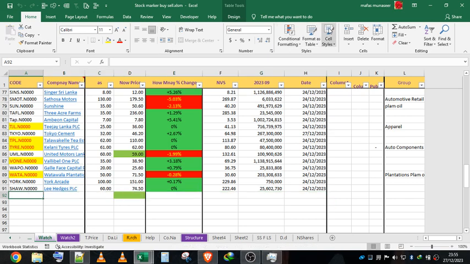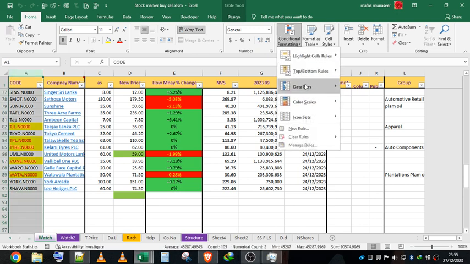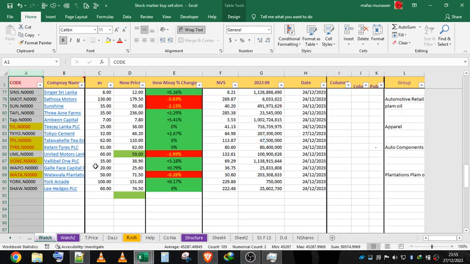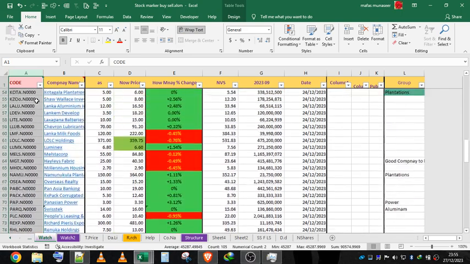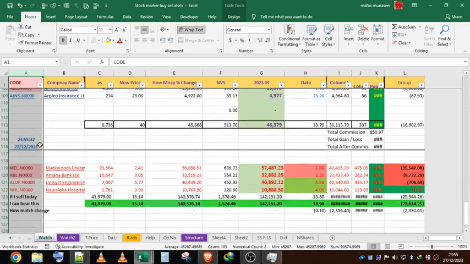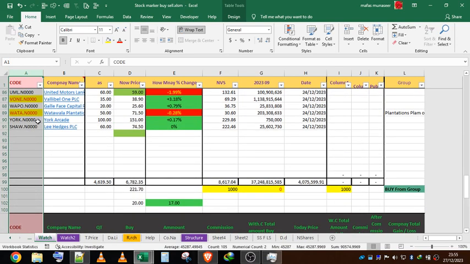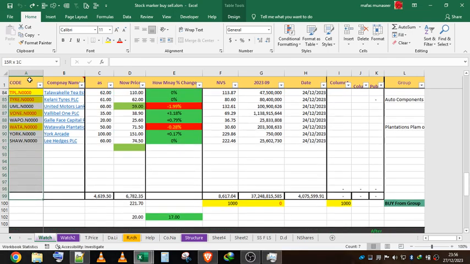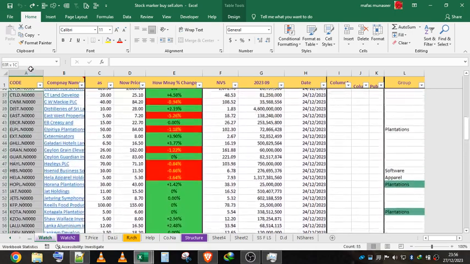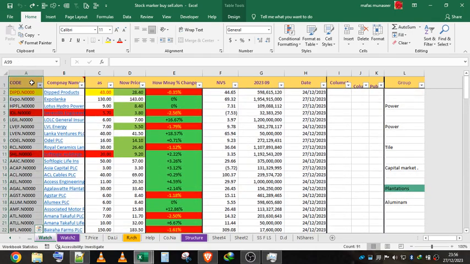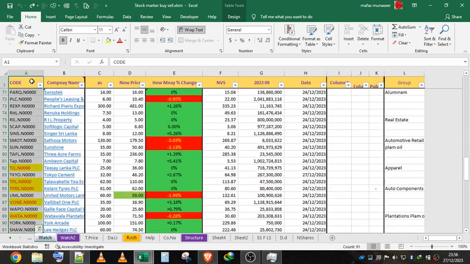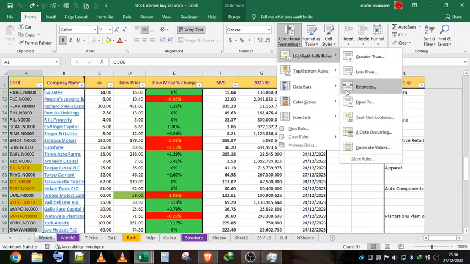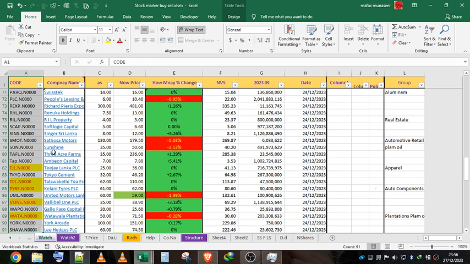And over here, conditional formatting, here's a duplicate code. Why is the code duplicated? And another code now. Yeah, that's really sad. Okay, right. Duplicate. Okay,